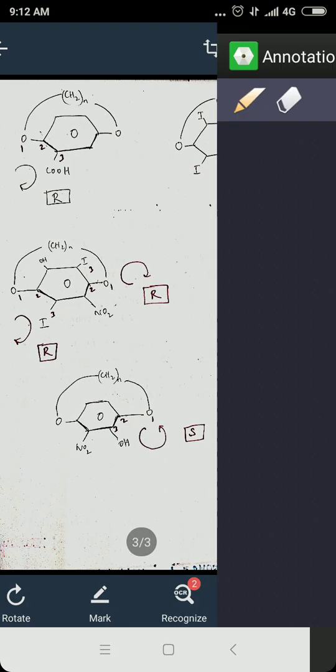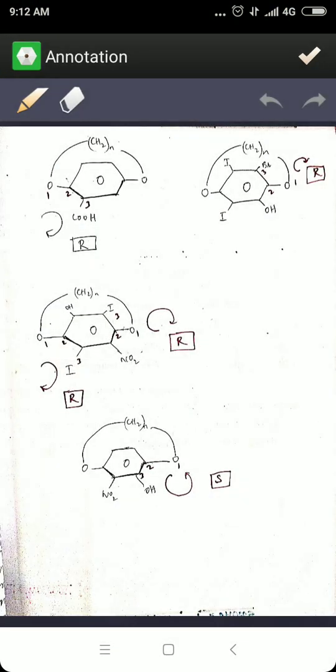Now example 4. Here you can see that again there is a COOH group which is attached to the meta position. Again we're going to start with identifying the pilot atom. The pilot atom is going to be the CH2. The pilot atom is always going to be CH2 because the pilot is the one who always views above, while what views below on the molecule is the heteroatom, the benzene and so on. Now here again you're going to do the numbering: 1 to oxygen, 2 and 3. Again it's clockwise, so you're going to assign it as R.